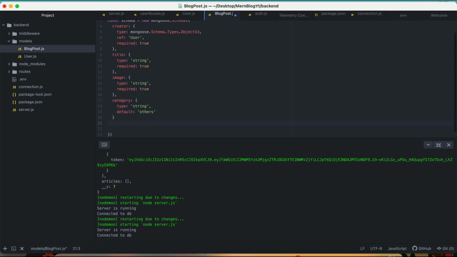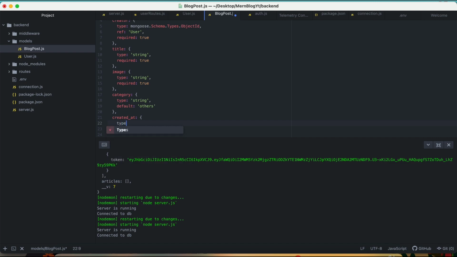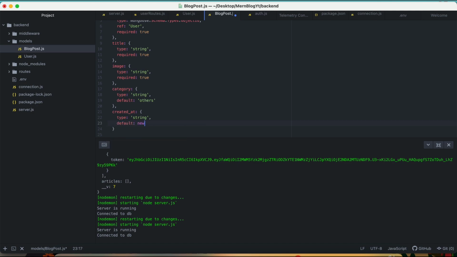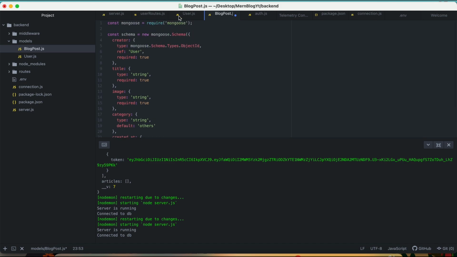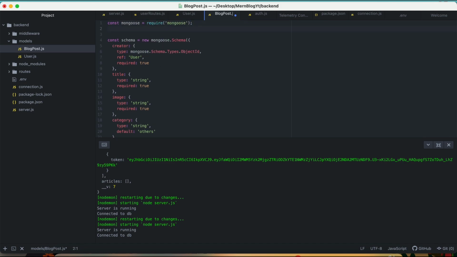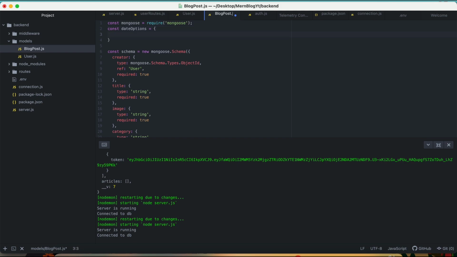Okay, and we need to have a createdAt for the date, so createdAt, and we'll have here type string. And now the default is going to be a new Date, so toLocaleDateString, and we'll pass here en-US for the format and the date options. So the date options here, let's just create them here. So const dateOptions is going to be an object where we'll have